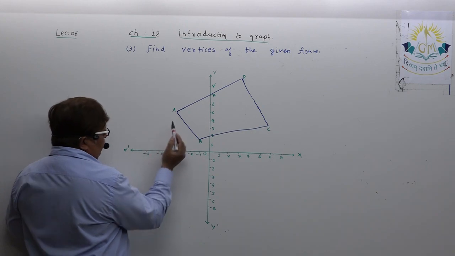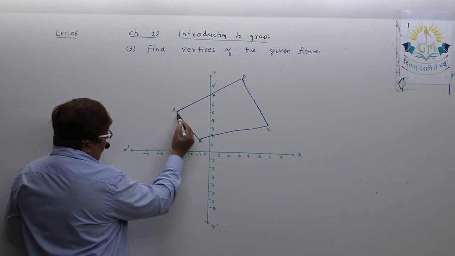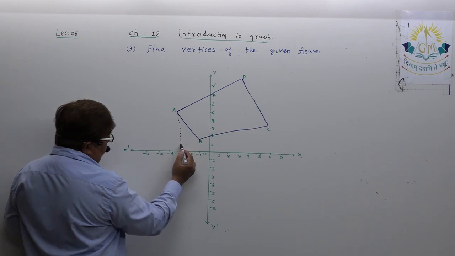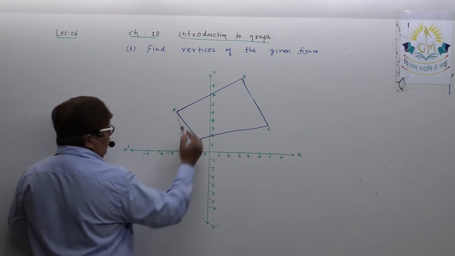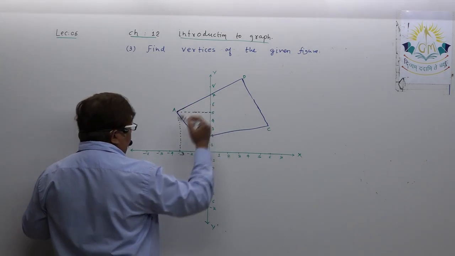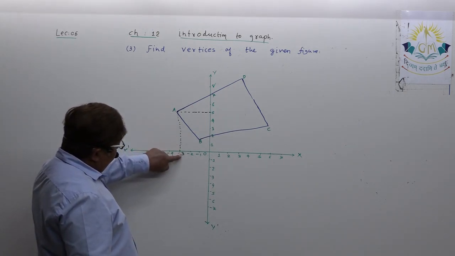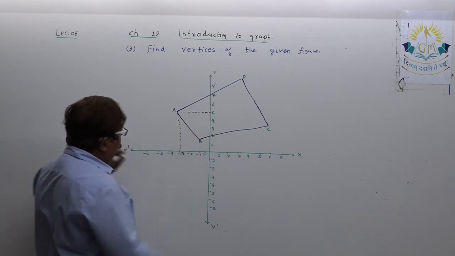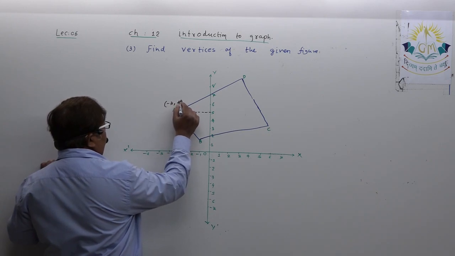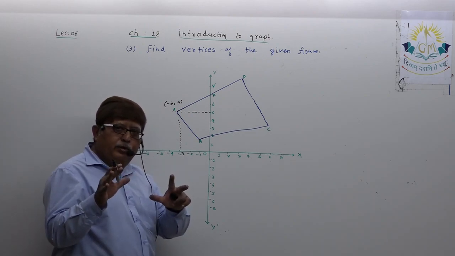We want to guess its coordinate. So first you have to see here. See, if you like to draw this way, I have no objection at all. First you draw a dotted line. You got the x coordinate. You draw the dotted line. You got the y coordinate. For A, x coordinate is -3, y coordinate is 4. So -3, 4.